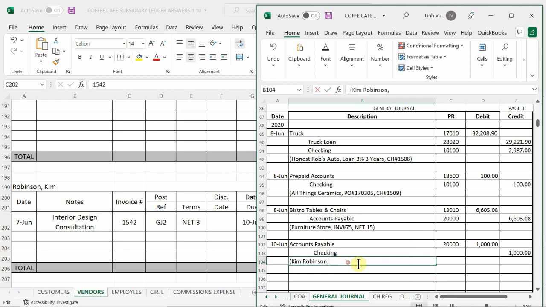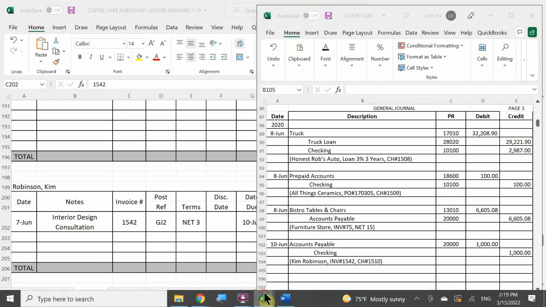So invoice number 1542, and I used check number 1510 to make the payment. Okay. So now I'm going to plug this into my ledger first, and then we'll update the subsidiary ledger